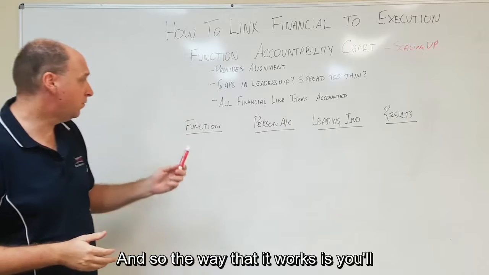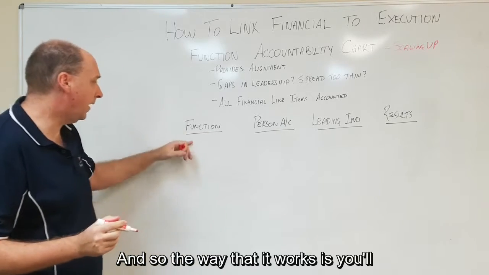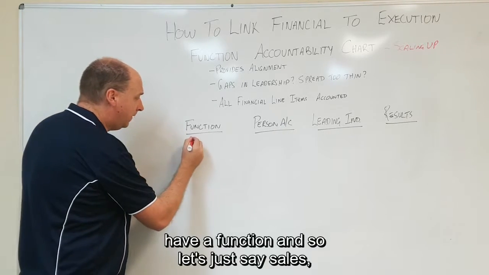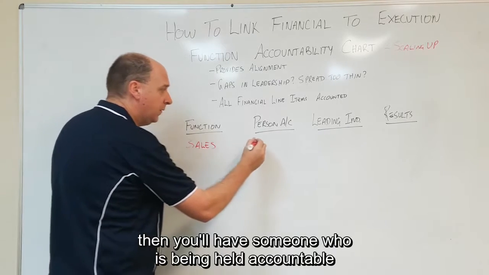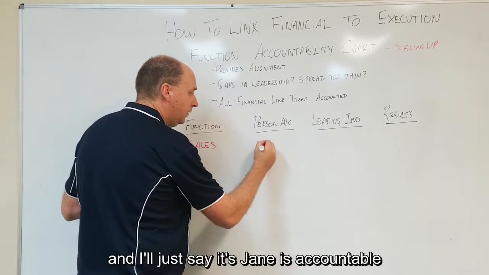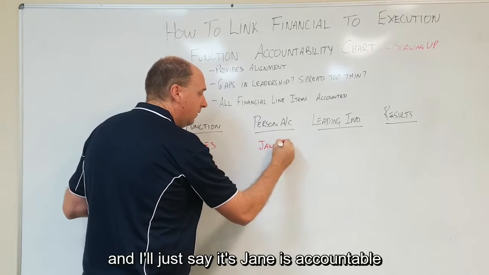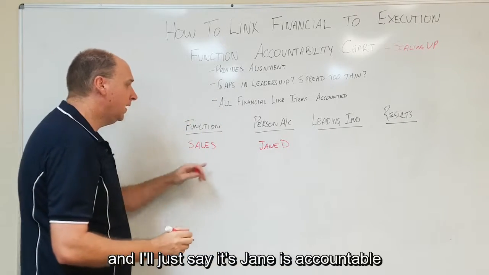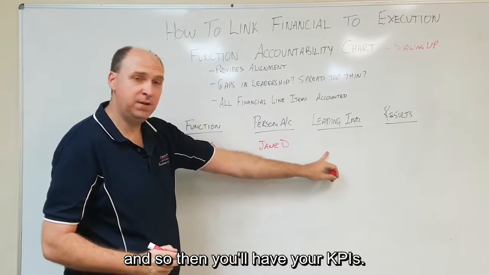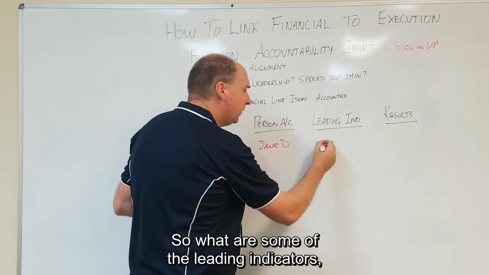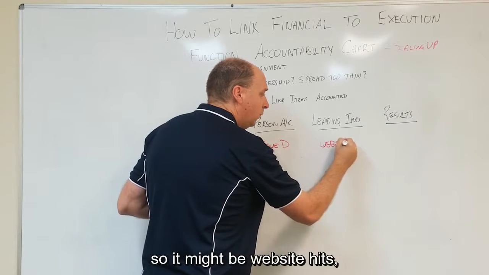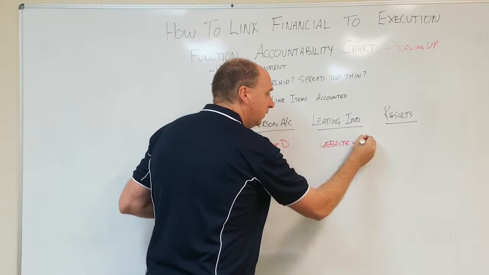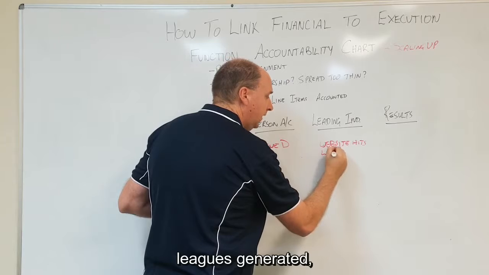And so the way that it works is you'll have a function, and so let's just say sales. Then you'll have someone who is being held accountable, and let's just say it's Jane is accountable, and so then you'll have your KPIs. So what are some of the leading indicators? So it might be website hits, leads generated,